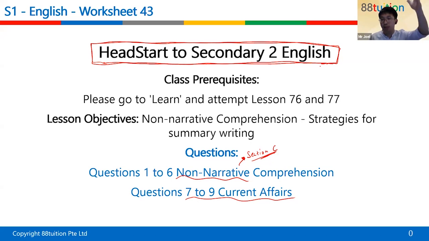The whole idea is, with the influence from the better or the best class, you would be influenced to do well for your O levels as well. But ultimately, the end goal is the O level. Or for those of us who are in normal acad or normal tech, the goal would be N level first, and then maybe after that O level, depending on whether you want to go for your O's or not.